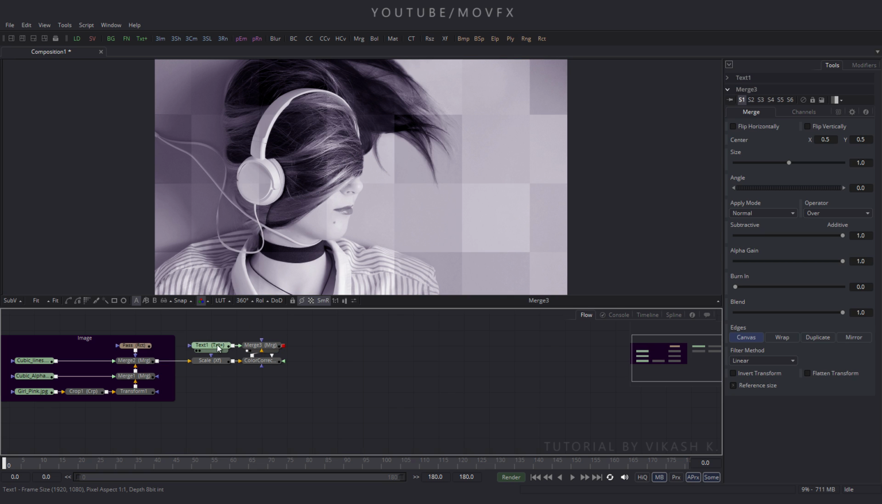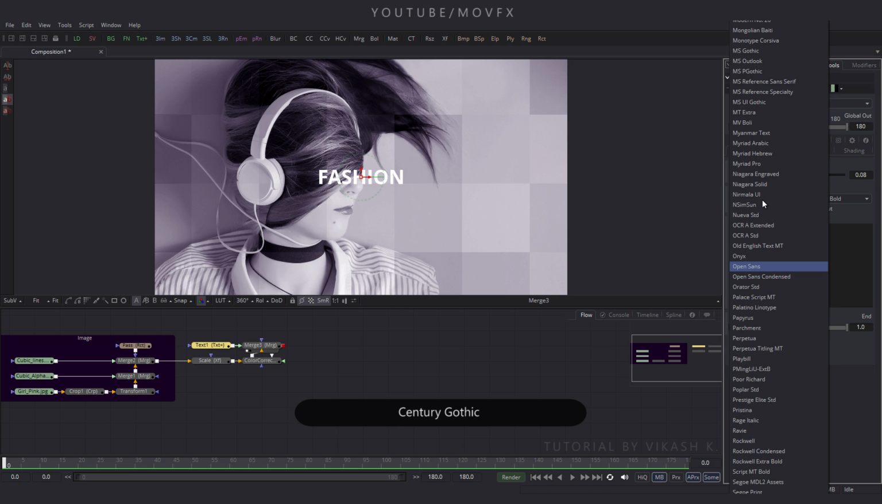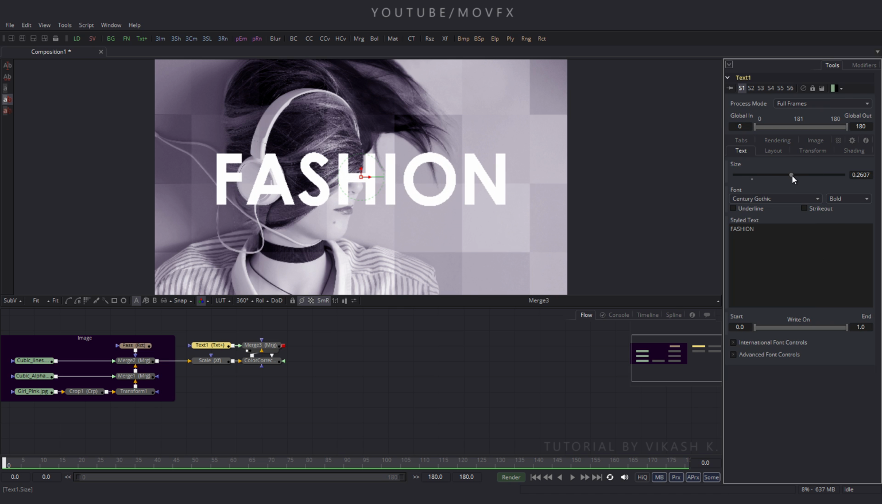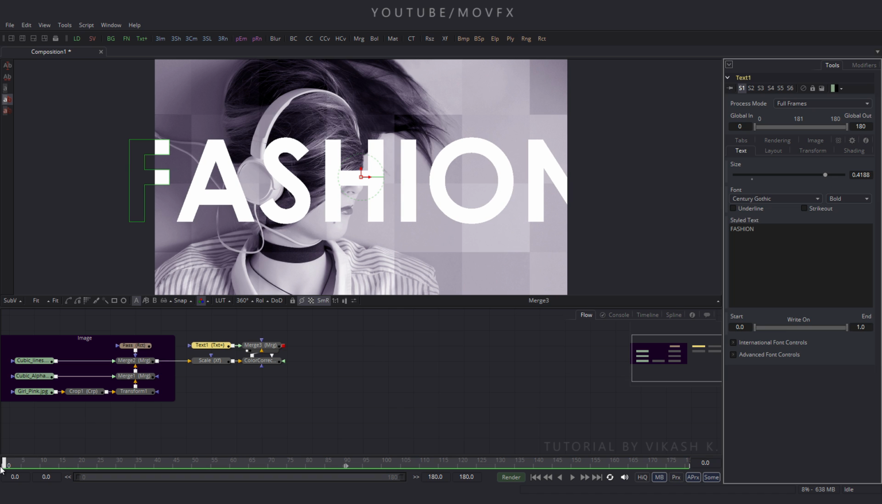Okay, so select this text and type anything you want. Okay, fashion. So let's change this font style to Century Gothic. So here is the Century Gothic font style, and increase the size of this. Go to frame 0 and set the size something like